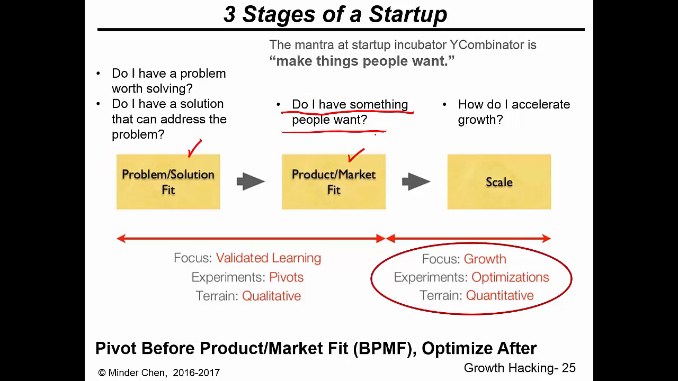A mantra at a startup incubator program called Y Combinator is make things that people want. It seems to be quite intuitive and obvious, but that's actually what a lot of startup firms forgot. They're so involved in their product, they forgot to ask and find out whether people really want what they are producing. And so once you find the product market fit, then you're moving to the last stage, which is trying